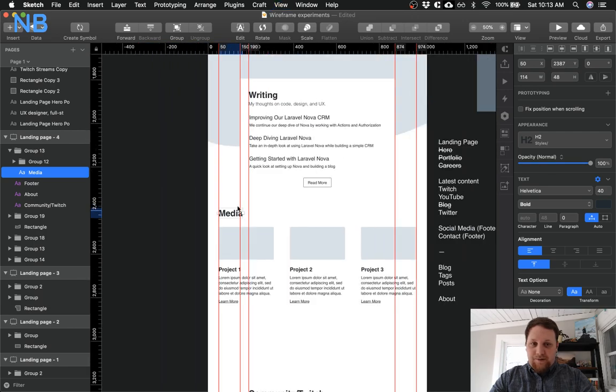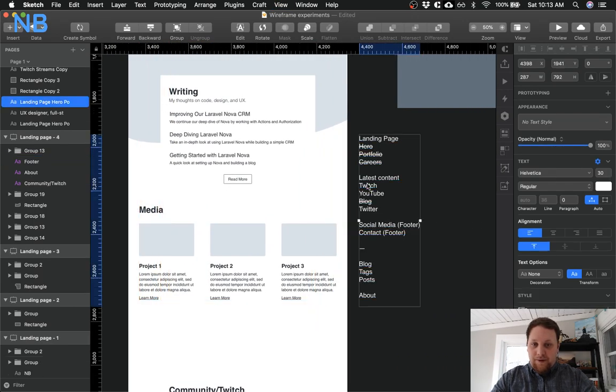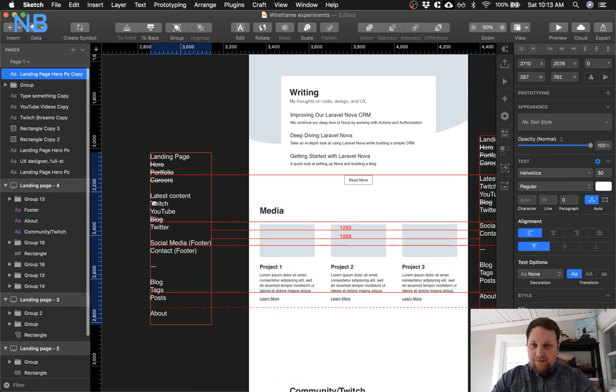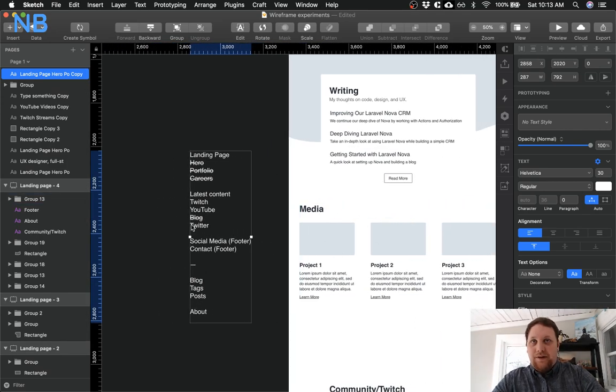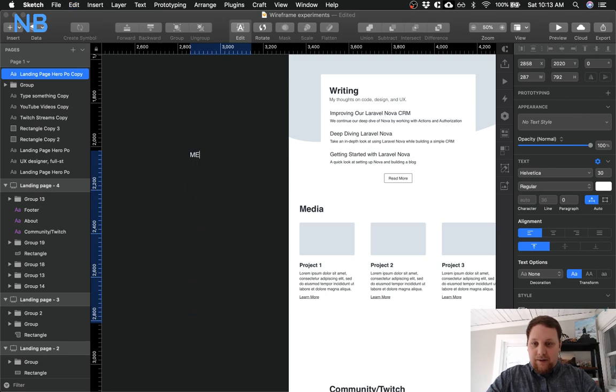Sometimes it helps to not do this in the design. It helps to grab some text and just start typing out words, because I don't even know if this is going to be our design. Just kind of thoughts we're having. So let's talk about this media,